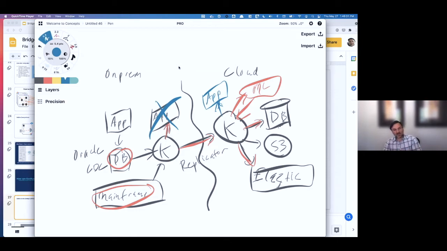They just have to stand it up in a different place, point it to a new Kafka or Confluent cluster, and they get all of that data, and if they wanted to, they could rewrite that app using modern technology. So microservices, whatever they want up in the cloud, but the data that's feeding it could still be from this traditional database or from this legacy mainframe, right?